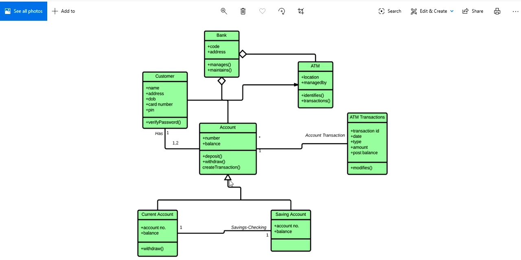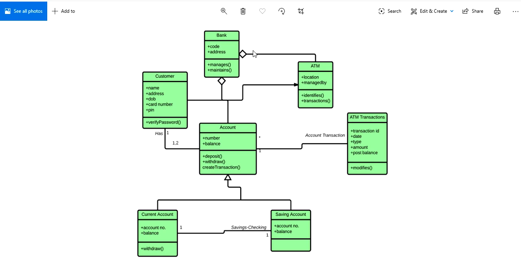Here the relationship is inheritance, which is indicated by 'is a' or 'a kind of'. These two phrases indicate inheritance.